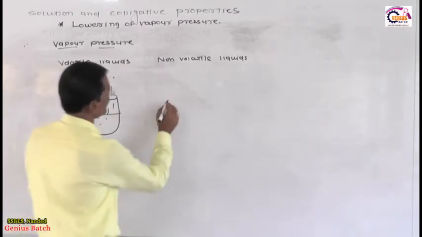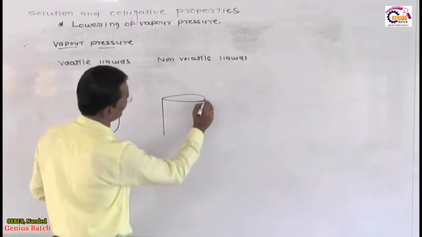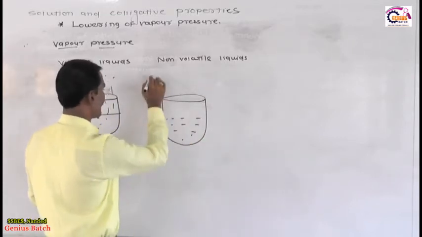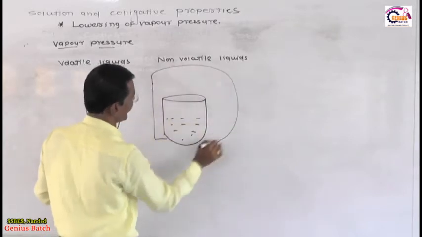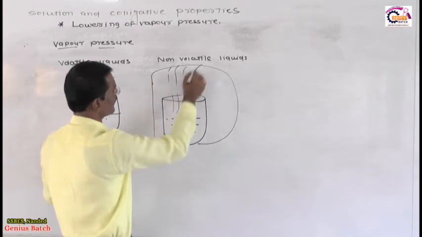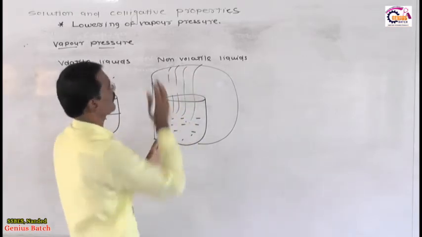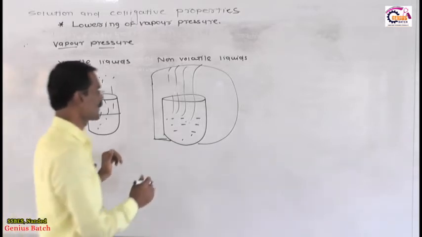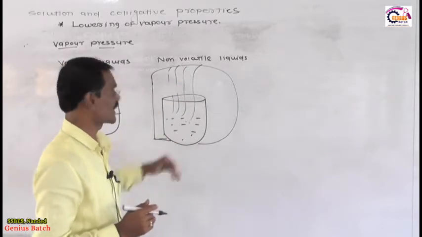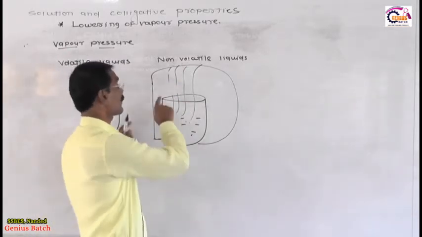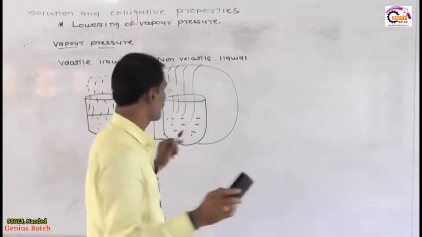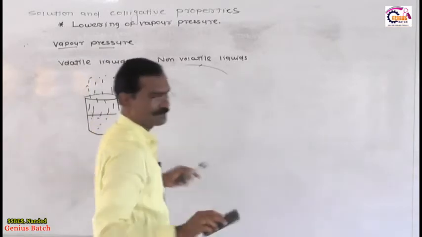Now dear student, suppose I am considering the same beaker, and inside the beaker I have taken the liquid, and I close this liquid by using a jar. I close this liquid, okay. When the vapors escape from the liquid, they enter the empty part of the vessel. But due to the closed nature, when the concentration of vapors increases in the empty part, some vapors again condense. Is it okay? Some vapors again condense. I will explain you by using a simple figure.